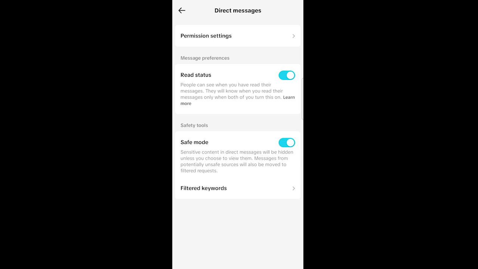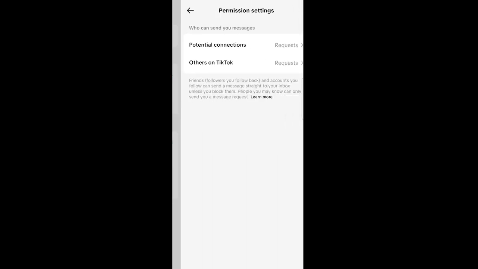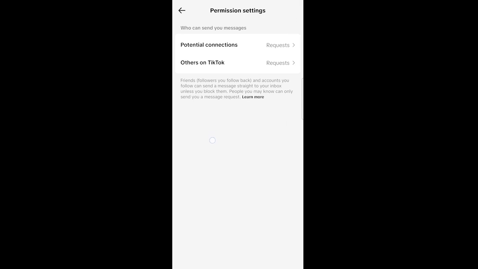Now you see Permission settings, Message preferences, you see multiple options. Now click on Permission settings. So we are in Permission settings. Now you see who can send you messages: Potential connection requests, Others on TikTok requests. Now click on it,